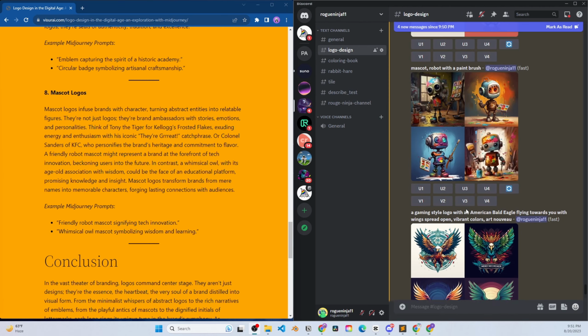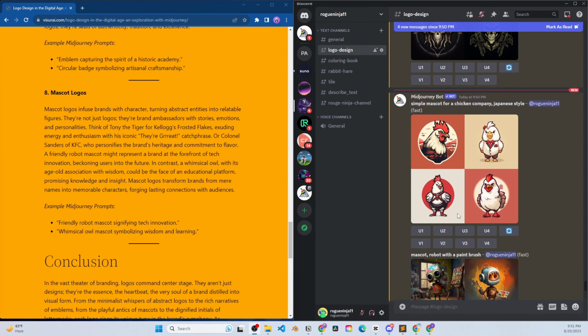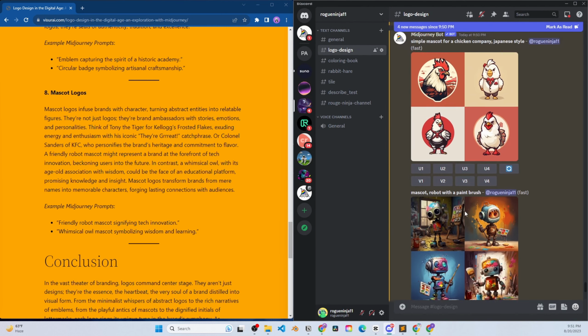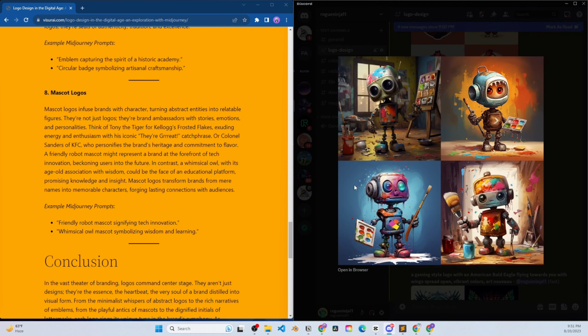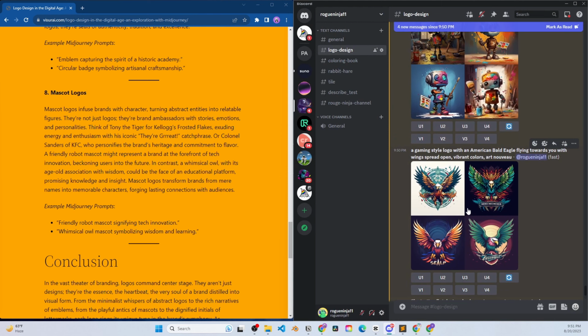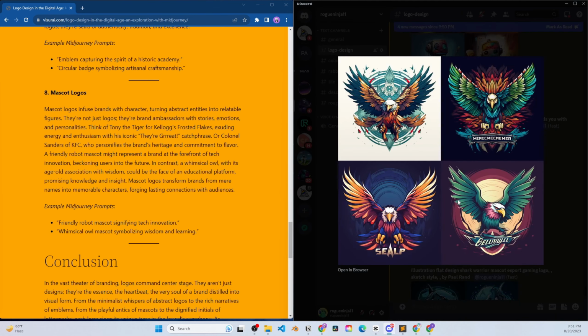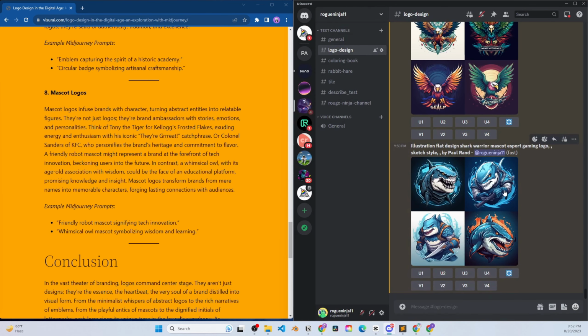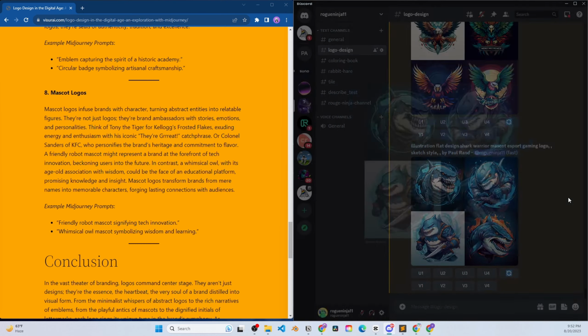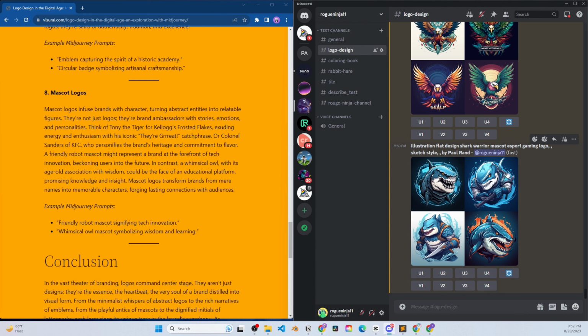Let's look at some examples. Here is a logo for a chicken company. That's interesting. We have a robot with a paintbrush, and we can have an eagle, and we can have a shark. This looks really good. So all we need to do is add the keyword mascot to your